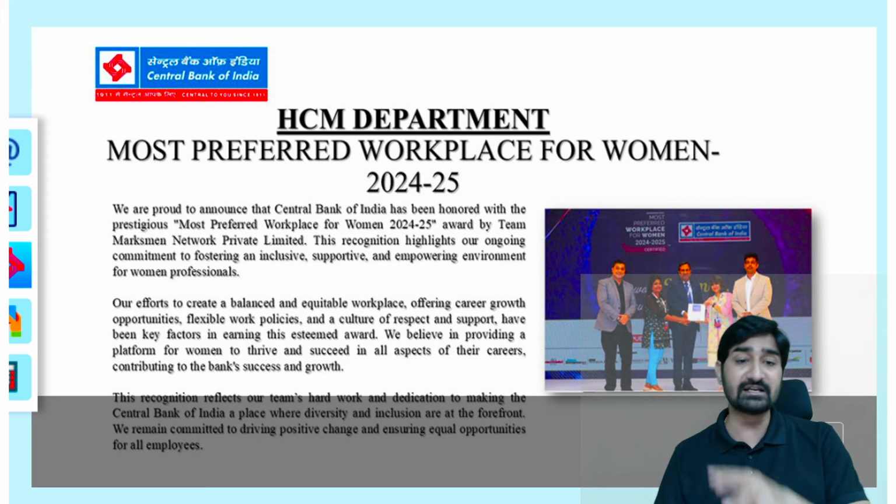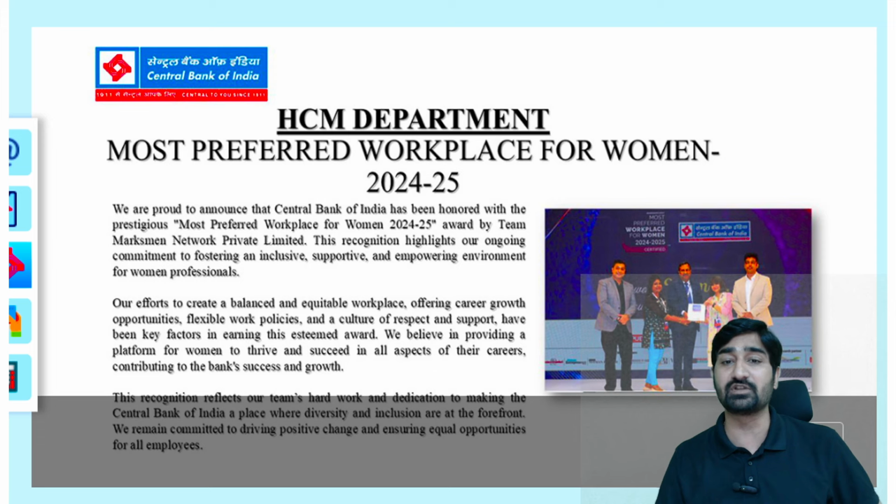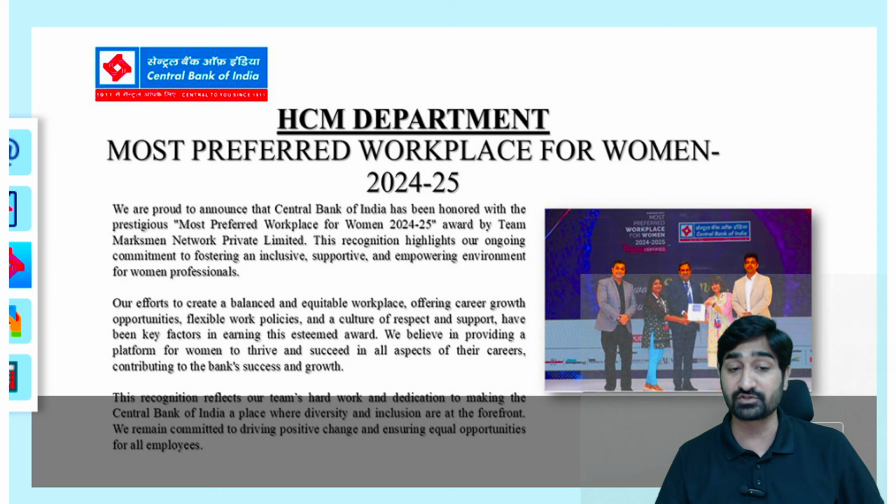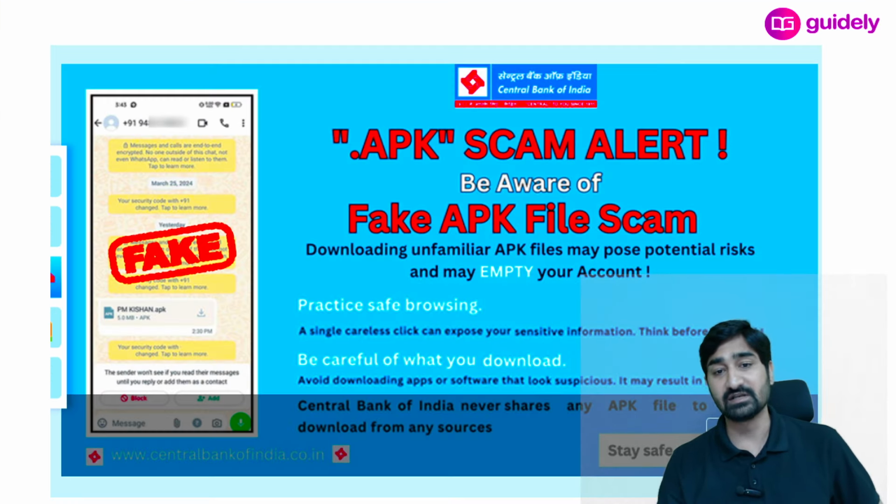अलॉन्ग विद दैट, recently Central Bank of India was awarded with a few awards. Like one of them was most preferred workplace for the women 2024-25 award was given to the Central Bank of India by Team Marksman Network Private Limited. So one organization have awarded Central Bank of India by this. Second thing, on the Central Bank of India website, you will be able to see the awareness campaign regarding the